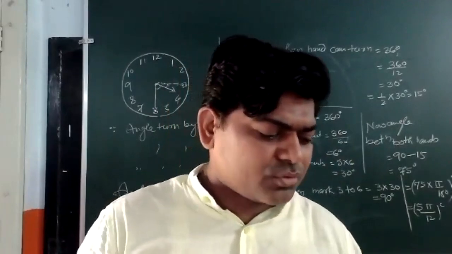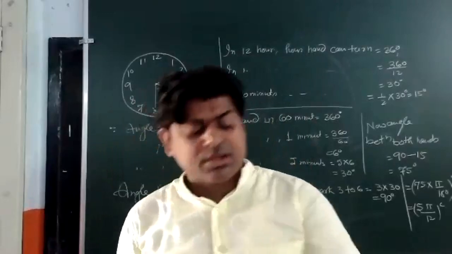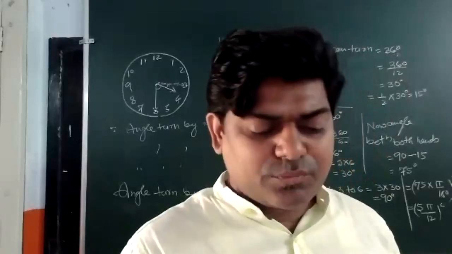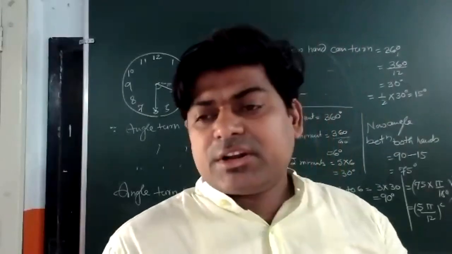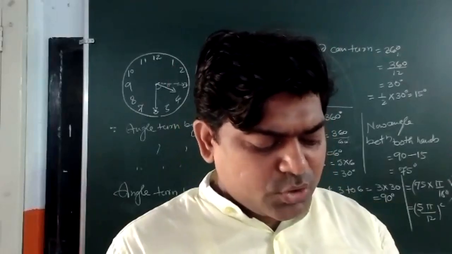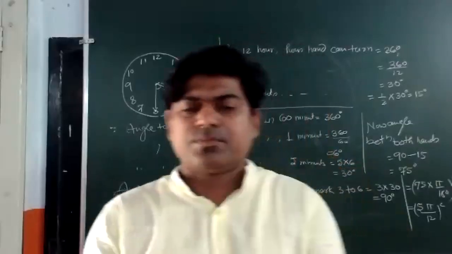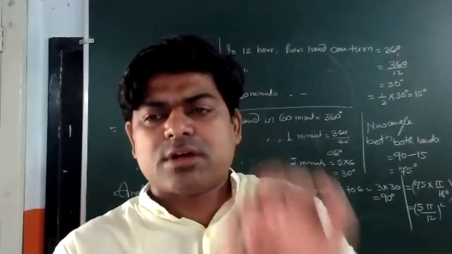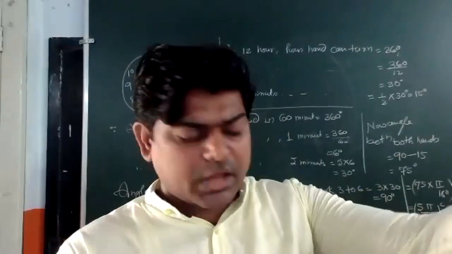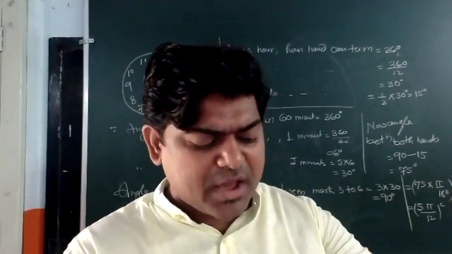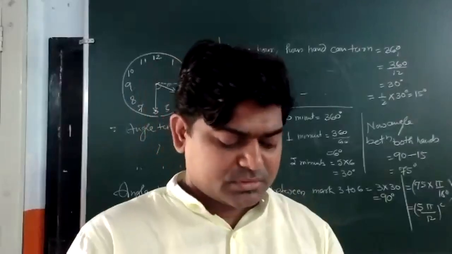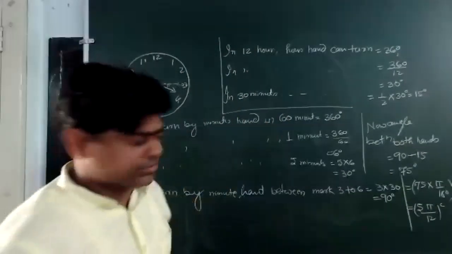Now what I am thinking, after question number 16, whatever questions have been given, these questions are easy. Let me explain this question, then after I'll move to the next topic. 17, you can see. Question number 17 is there. The difference between two acute angles of a right angle triangle. Listen to me. In a right angle triangle, the sum of two acute angles will be how much? 90 degree. Am I correct? And the difference between them is given as pi by 5 in radian. Find the angles in radian. That's what I'm going to explain for you people. Listen to me.